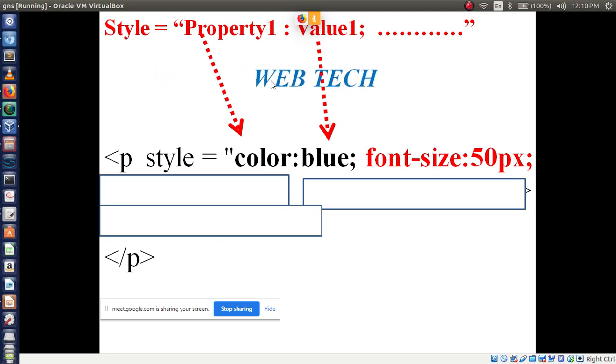It is displaying in a bigger size, because we are using the p tag. The p tag will always display in small size, right? But we are displaying our content in big size, that's why we are using a property. To increase the size of this font, I can use font size.